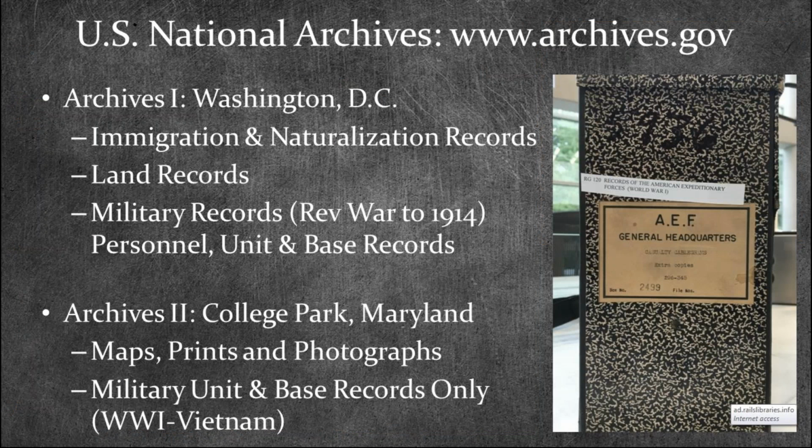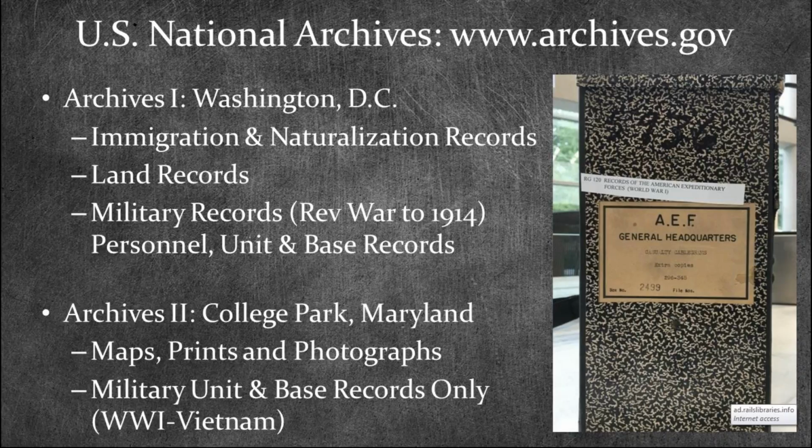So now the federal archive. There's a difference between what the state collects and what the federal government collects. So the federal government is interested in things like immigration and naturalization records. So that would include things from ship manifests all the way to citizenship papers. They're going to have the sale of government lands.